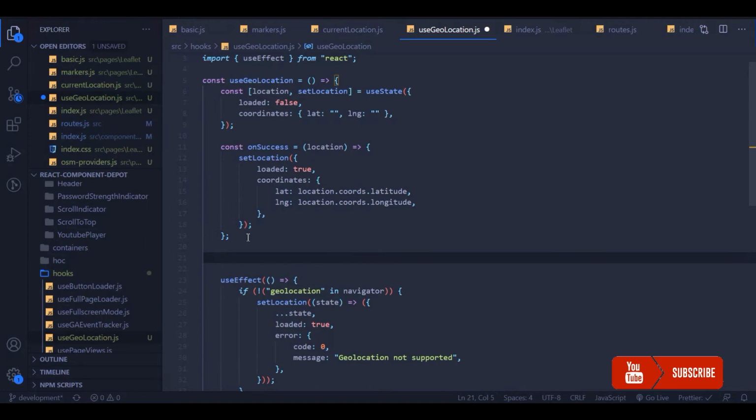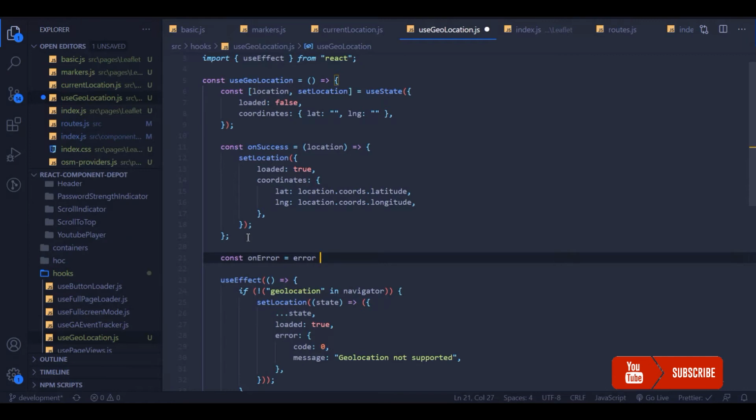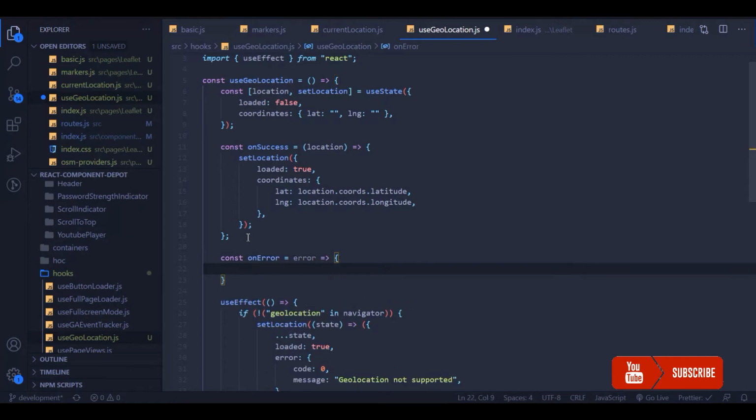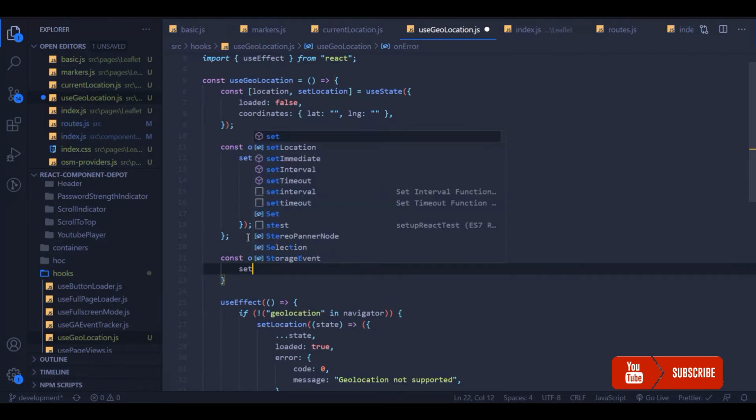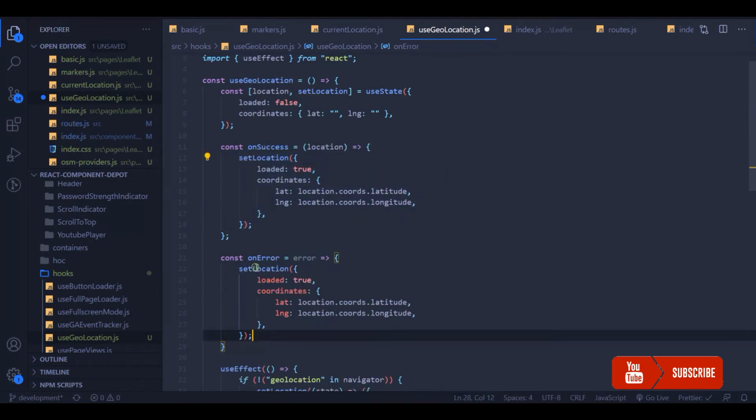Now we are going to write the error callback function, which will accept a parameter which is the error. As I said earlier, it has the structure of an object with a code and a message. I'm going to copy the same setLocation and make loaded true. Instead of coordinates, I'm going to store the error.